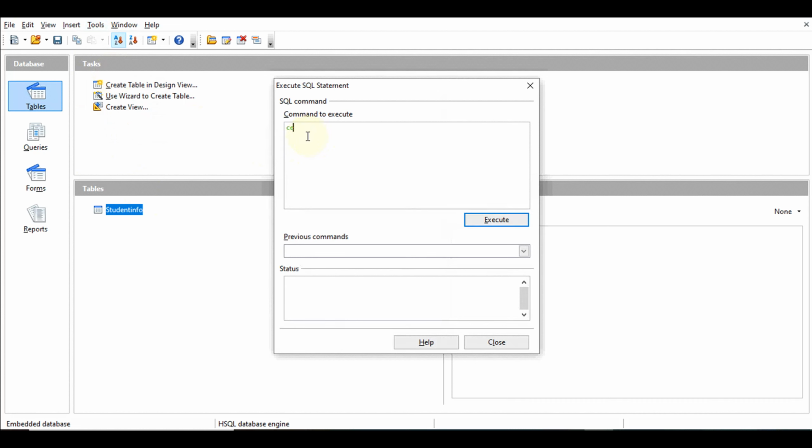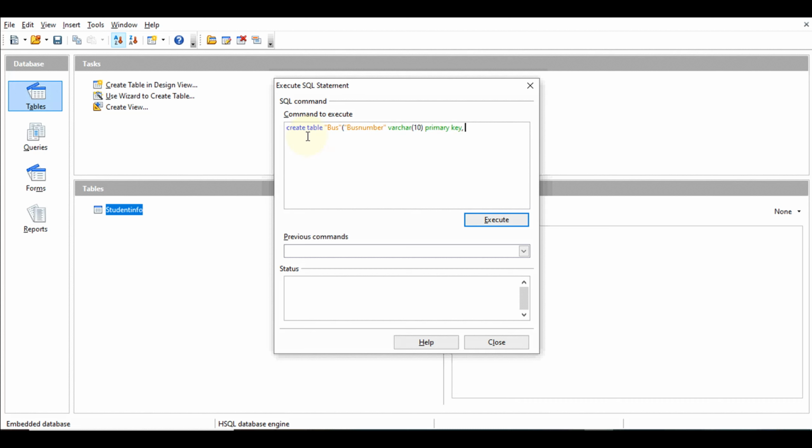So first of all create, and after create next is table, then in the double quotes table name, that is bus, thereafter bracket open. Now one by one I will mention all the fields with their data type and length. So first is bus number. This is the name of the first field, and I have to enclose it in the double quotes. Its data type is varchar and length is 10. Now I have to mention this as the primary key, so I have to mention primary key after this.